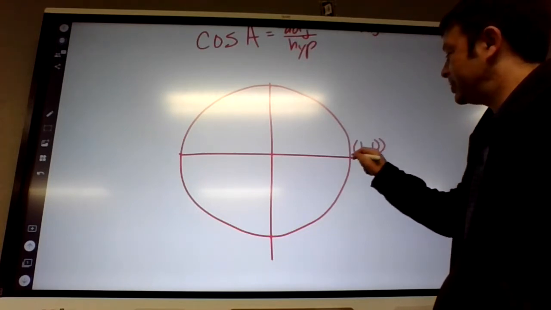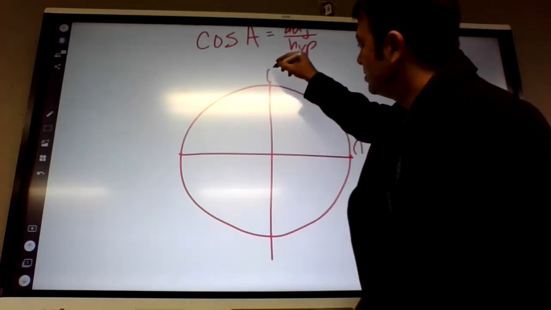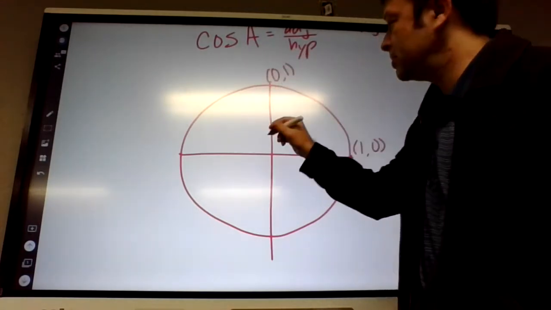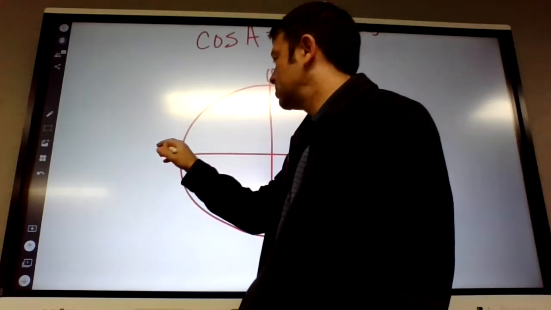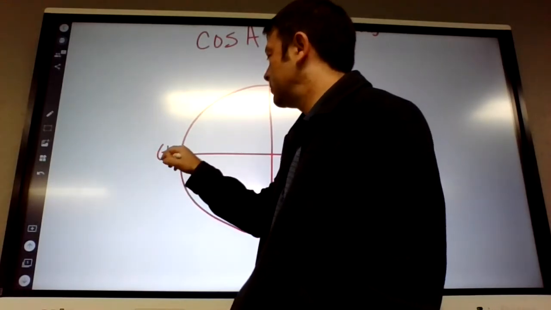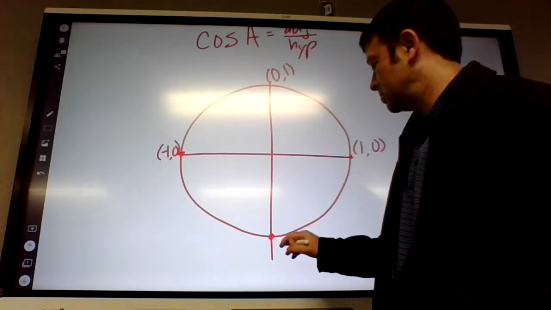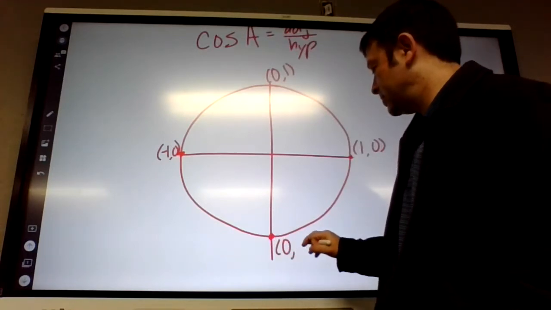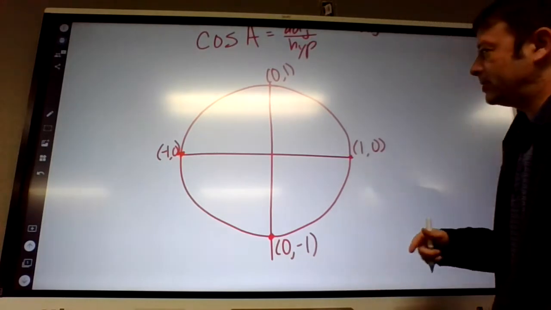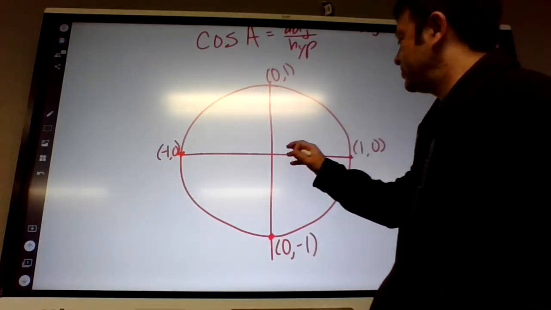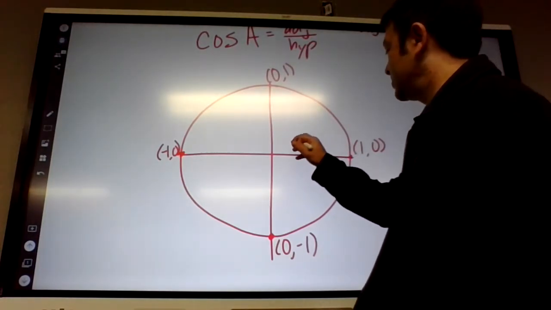So right here would be (1, 0), (0, 1), (-1, 0), (0, -1). And kind of what we've been talking about with angles, you're going to think of these as